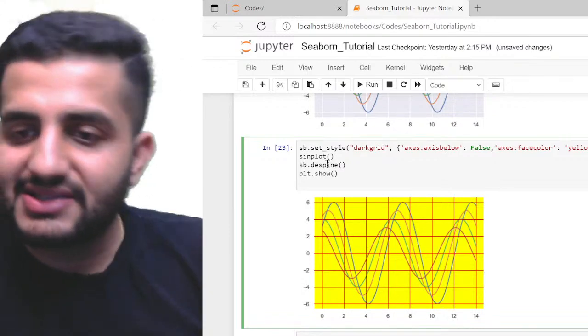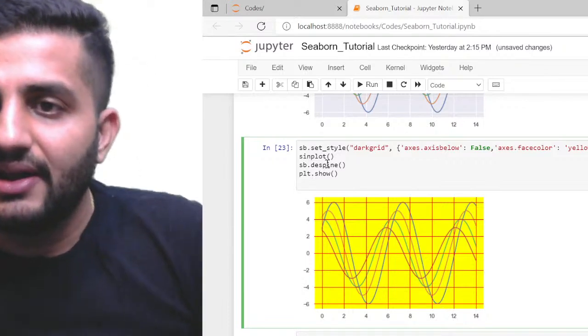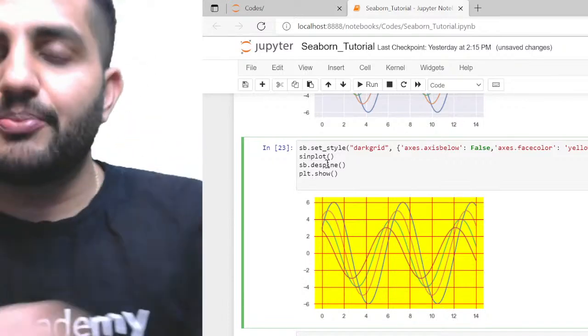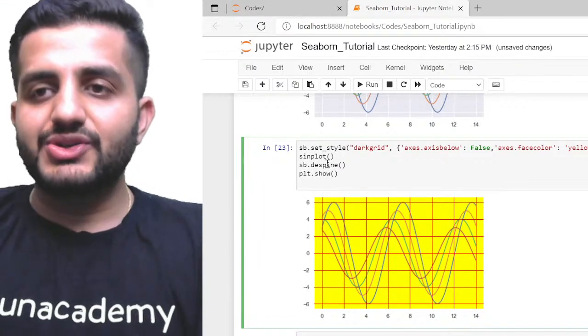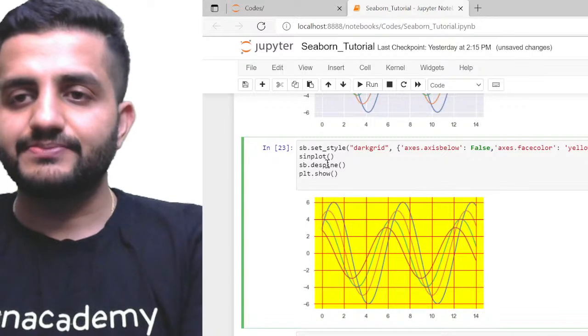So that's where Seaborn is very handy, very customizable, है ना। ये जो ग्राफ्स हैं ना, ये बहुत कस्टमाइजेबल हैं, आप इसको अपने यूज के हिसाब से किसी भी तरीके से तोड़-मरोड़ सकते हो।